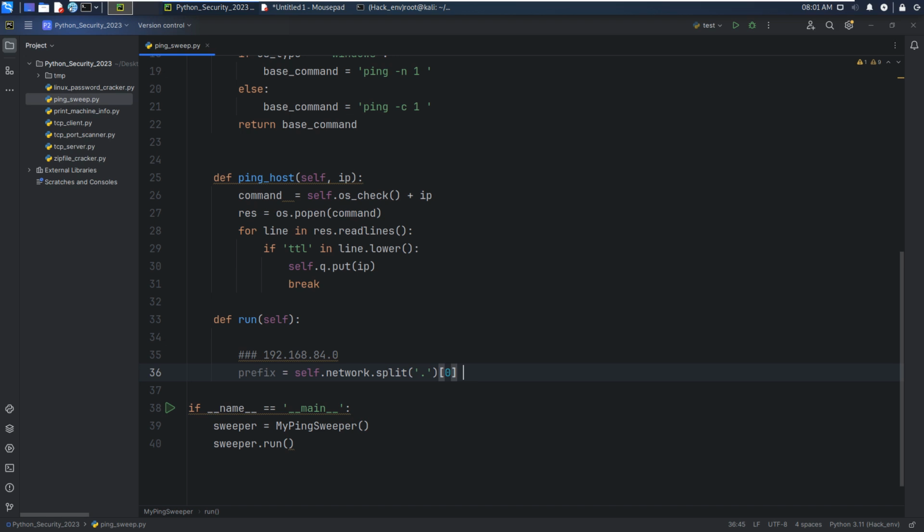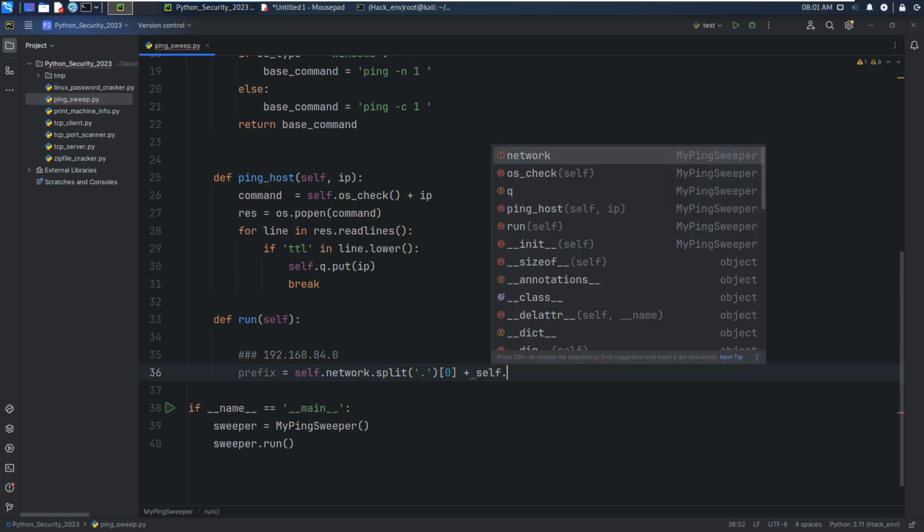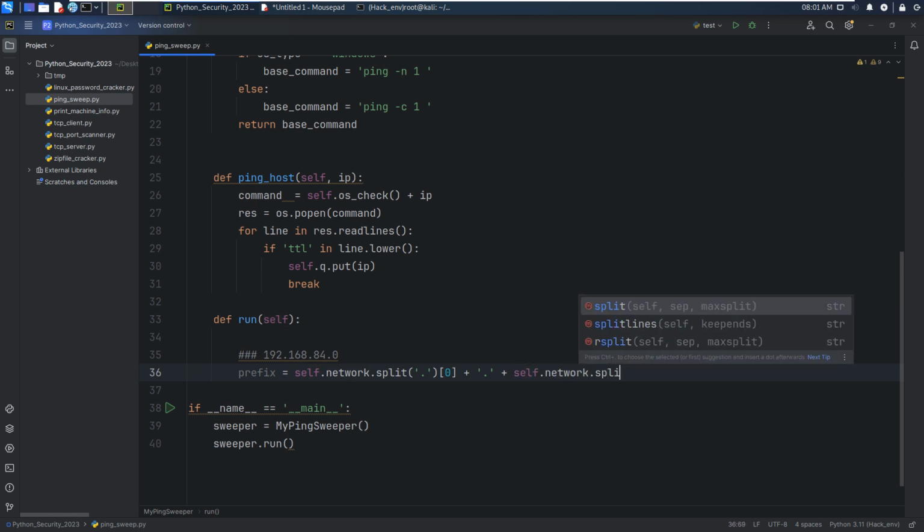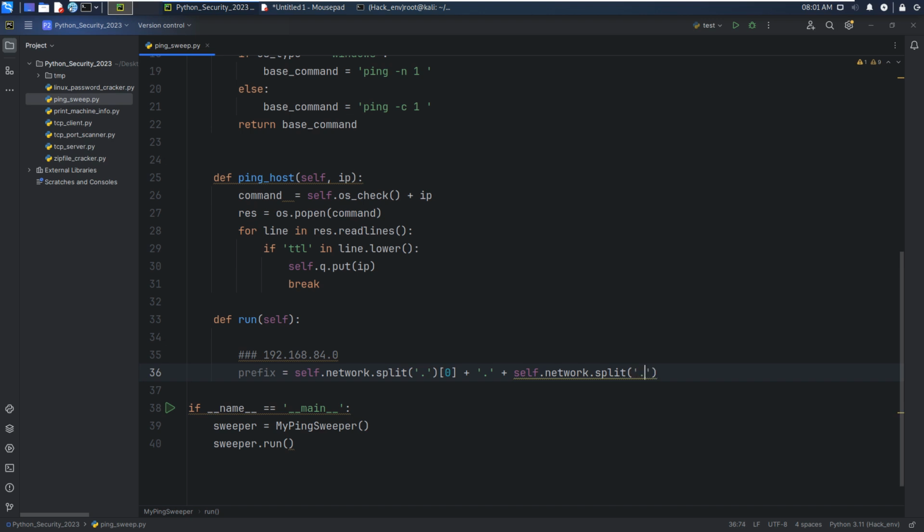Okay, and self.network, we need to plus dot, self.network split.